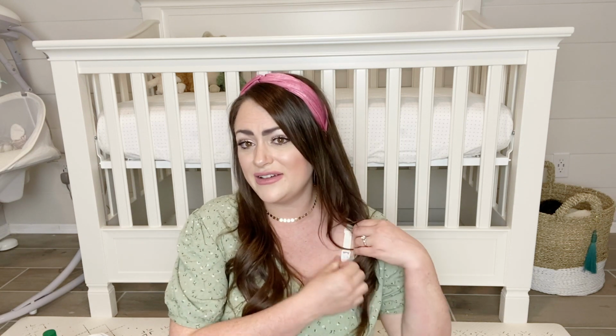Start with stuff for mom first. So for myself to be comfortable in this process, I definitely want to have nursing tanks and nursing bras. So far in my experience being pregnant, I've loved having the comfort of nursing tanks. I actually have one on right now. This is from my cousin. She got these, I think in a set of like 4 from Amazon for